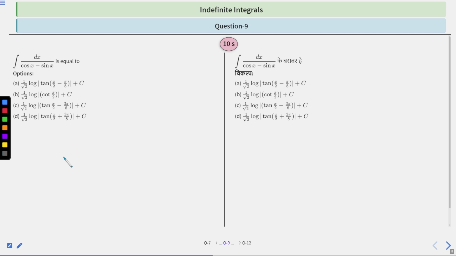After conversion to the form cos pi by 4 minus x, you can easily take integration of c. If the denominator is cos of x minus pi by 4 or pi by 4 minus x, then it will go in the numerator as sec of pi by 4 minus x. In this way, you can approach this question, and you know the formula of integration of sec x, right? So you have 10 seconds to solve or think about this question. After 10 seconds, we will discuss the solution.